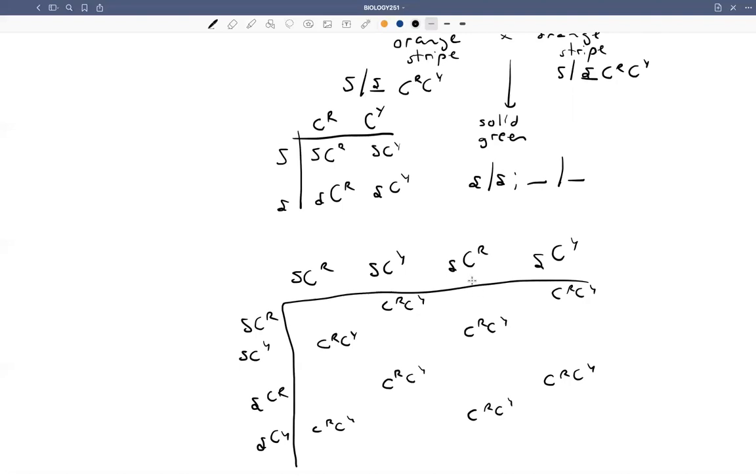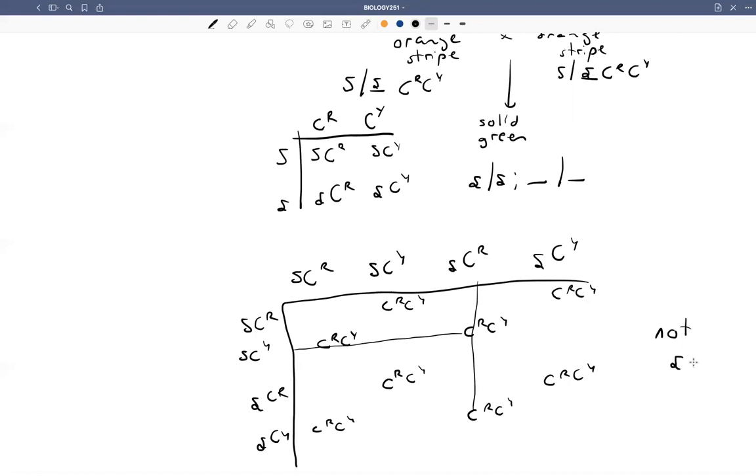All right, so I just did places where the R from the top would mix with the Y from the side, or the Y from the top mixes with the R from the side. And that was about half of the places on this grid. But we need something else to happen. We need there not to be